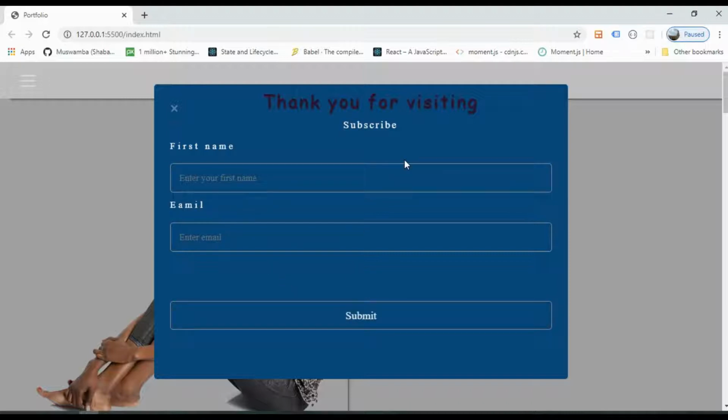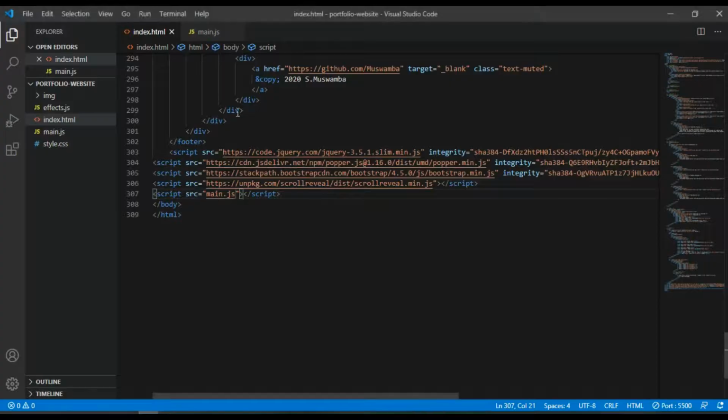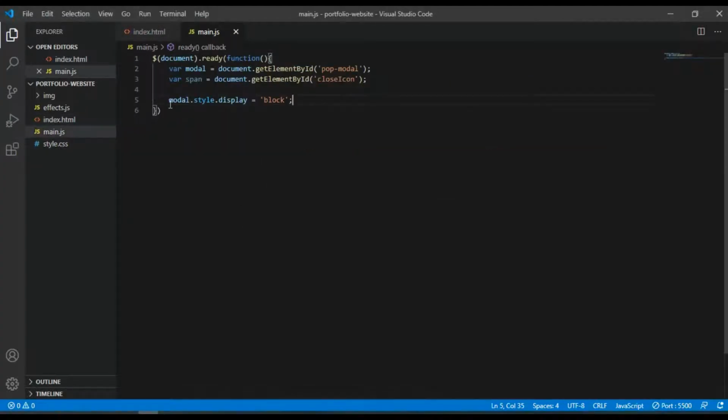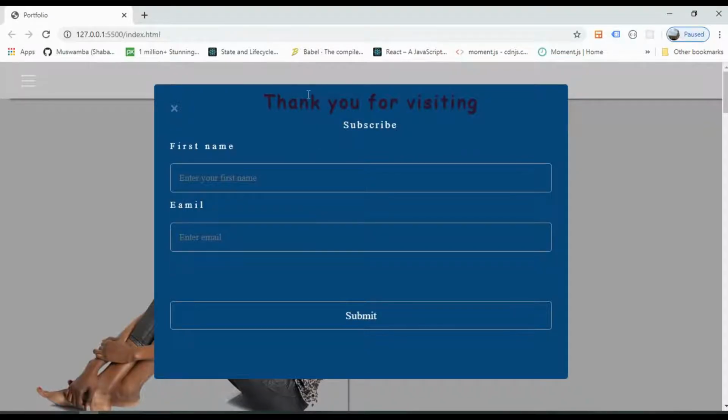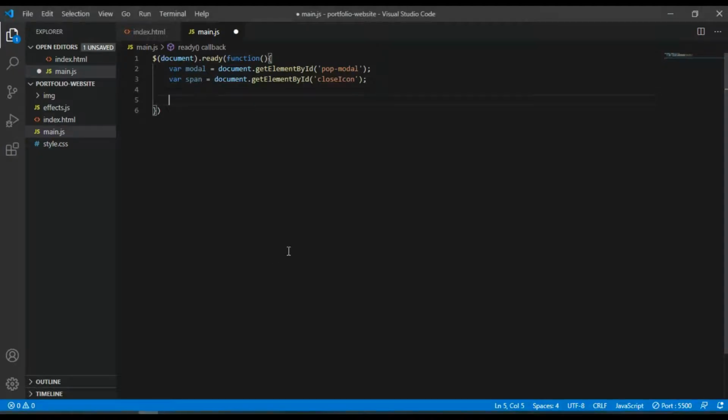So what I want to do, I want to show this modal when the user wants to leave the site. So to do this, I'll go back to my JavaScript, and I want to use a media query for this, because I'm going to target bigger screens and also small screens, for mobile and tablet screens.